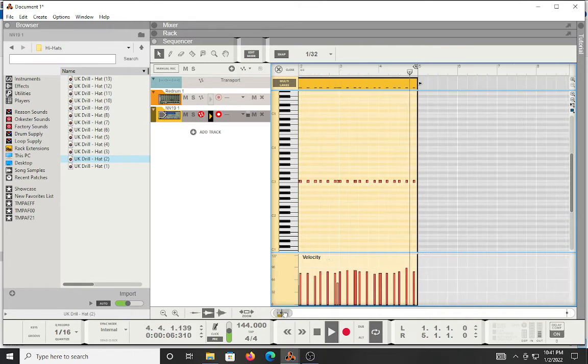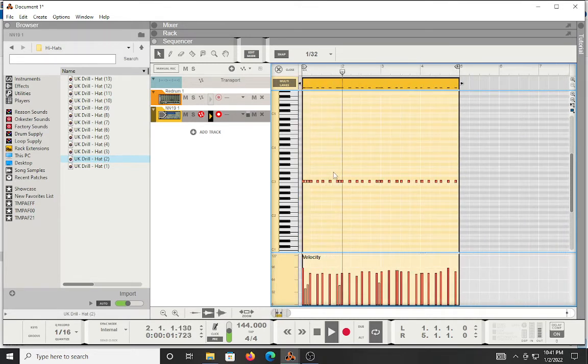Remember, the advantage of using an NN19 is, if you want to just use it for your hi-hat lines, you can use this whole area to draw in other MIDI information to go in for your hi-hat patterns. Just remember that in UK drill, you want to keep that particular cadence. The other thing you could do is,